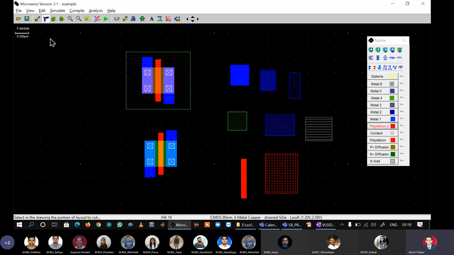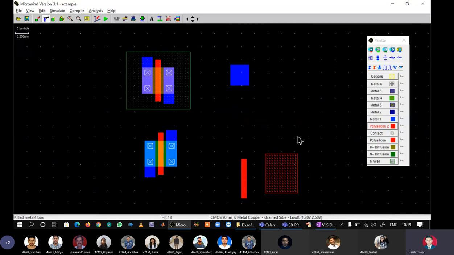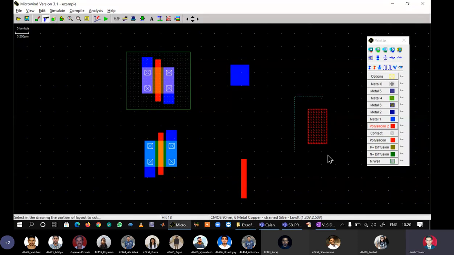So metal 1 has to be used. So I will delete everything. In order to delete something, you have to use this gun. That is called delete some layout. So I will delete everything which is not required. I need only metal 1, so I am deleting all remaining 5 metals. I do not want polysilicon 2 also. So don't make the mistake of connecting the gates using polysilicon 2. You are not supposed to use polysilicon 2. You're supposed to use polysilicon. So polysilicon looks like this.